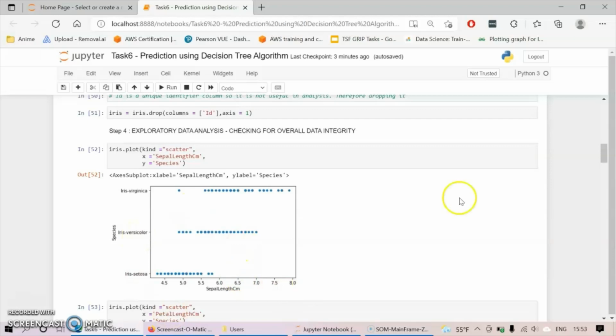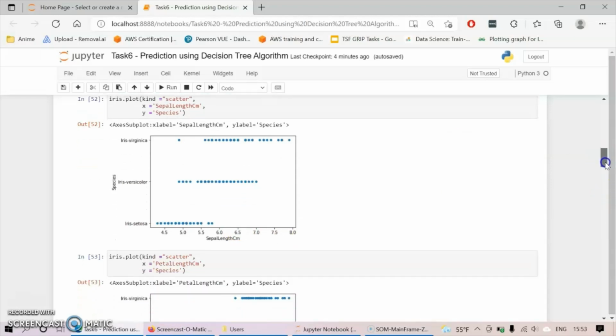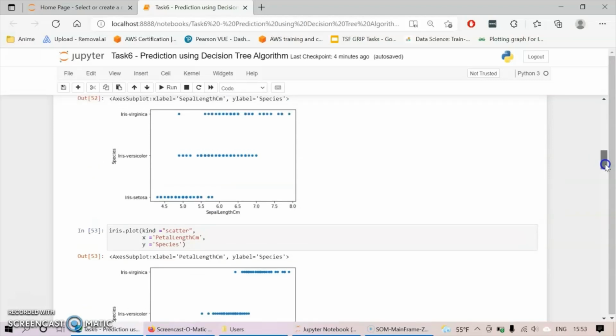With sepal length in centimeters and species, we find the values are limited. Iris setosa has values only in the first part, whereas Iris versicolor covers values from 5 to 7, and Virginica covers values from 5.5 to 8, except for just one outlier present.